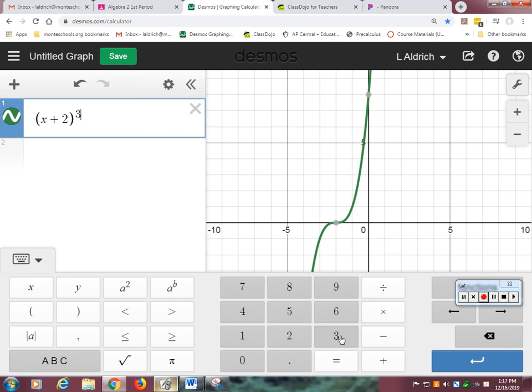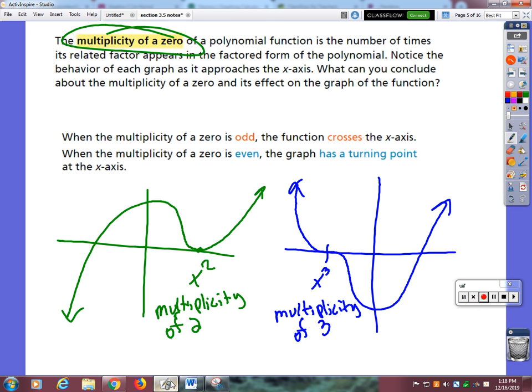Whereas if my exponent is odd, it's going to go through, okay? And again, I could keep making this into larger and larger odd numbers, and it would still go through there in a sort of wiggly way, okay? So this part here is really important, this second little paragraph. When the multiplicity of a 0 is odd, the function crosses the x-axis. When the multiplicity of a 0 is even, the graph has a turning point right there on the